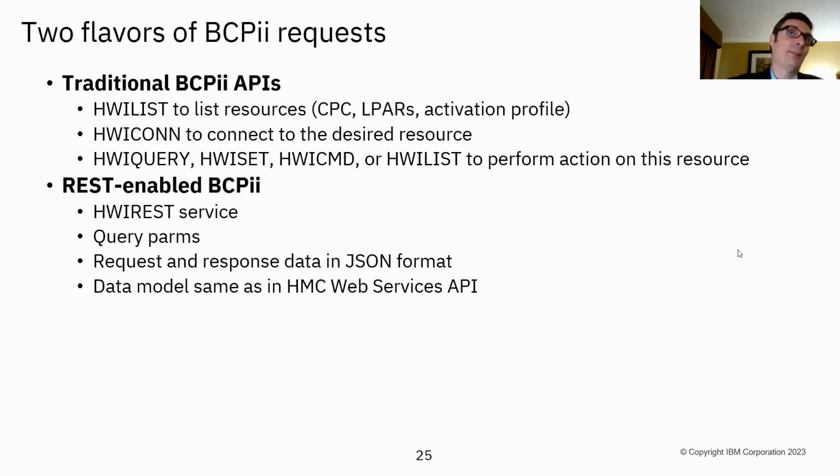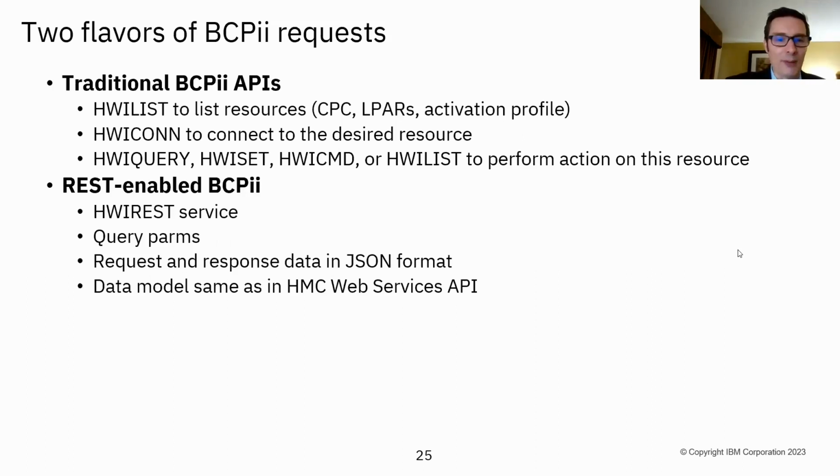You're going to specify potentially query params. You could potentially set request headers. The data that comes back is in JSON format, and it has response headers that can be included. So it looks very much like a traditional HTTP